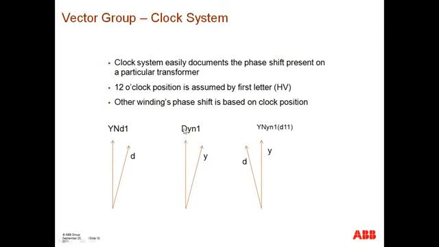So the D in capital letters is our 12 o'clock position, okay? And then our low voltage winding is a YN1, and then again we have our Y with this particular position, which is again the 1 o'clock position, meaning that the low voltage winding is lagging the high voltage winding by 30 degrees. And then we have a third case where we now have a 3-winding transformer, where